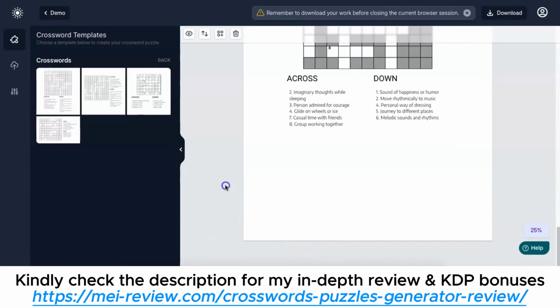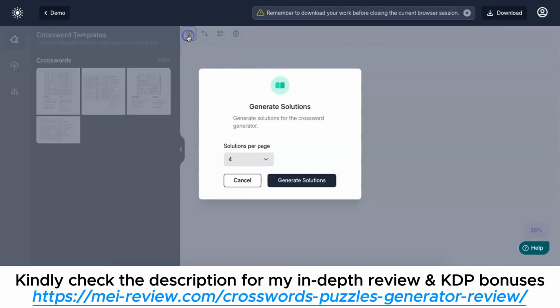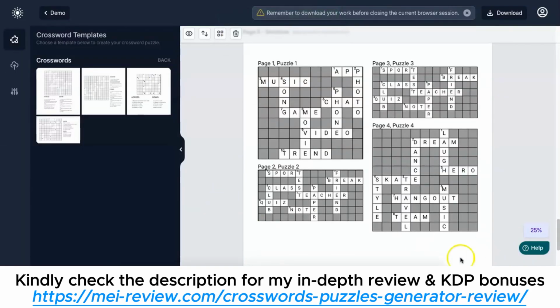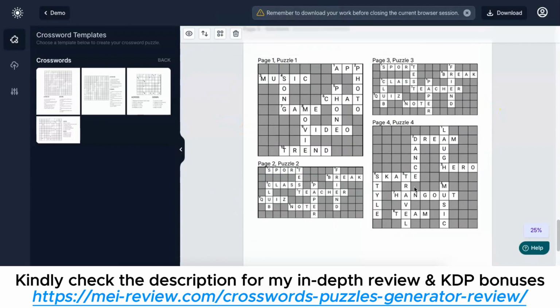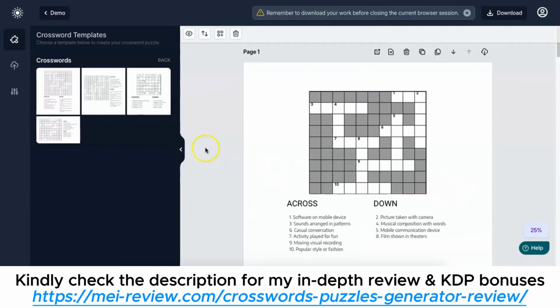So please make it a habit that you always generate the solutions right before you download the manuscript. All right. So here, what we have done is we have gone ahead with 4 per page, and this is how it looks. Okay. That is it. That is all about